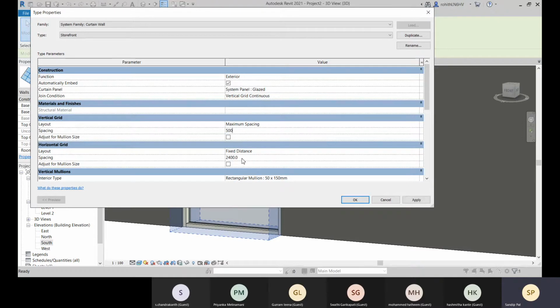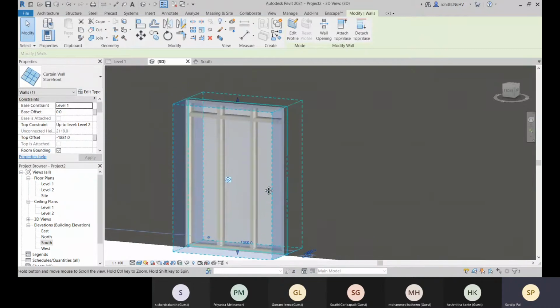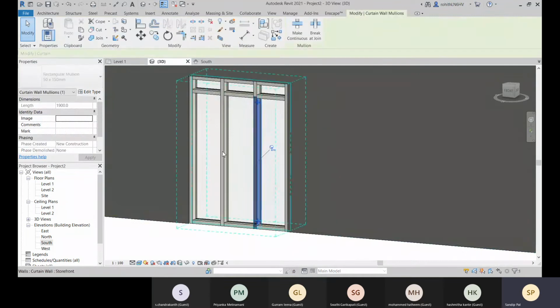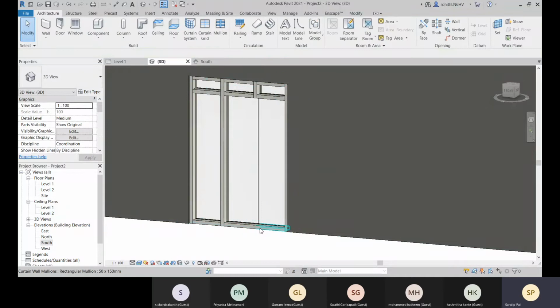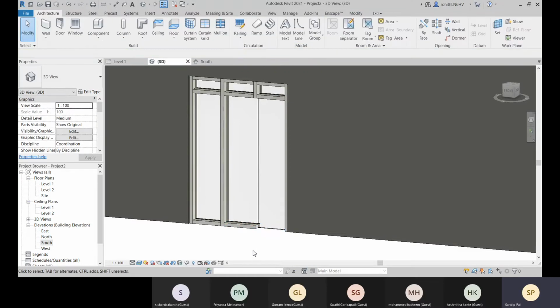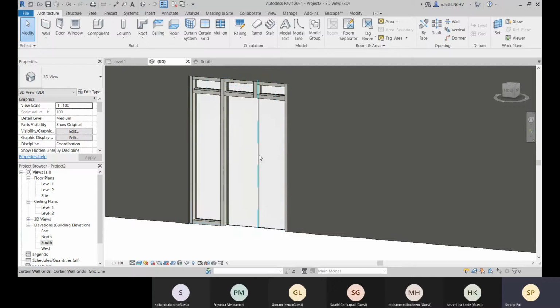The fixed distance is 900, okay, all right, fine. So this is done, and after that what you can do is you can also delete this. So what you have to do is select and unpin this, select and unpin, then only. Now about this one, you already know how to do it.